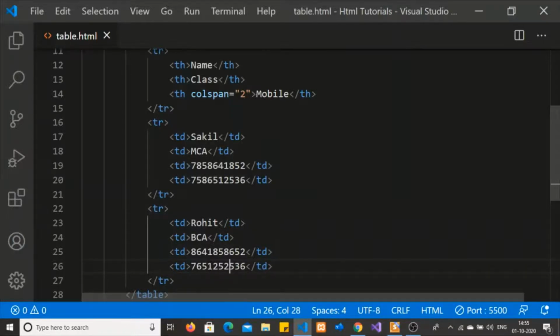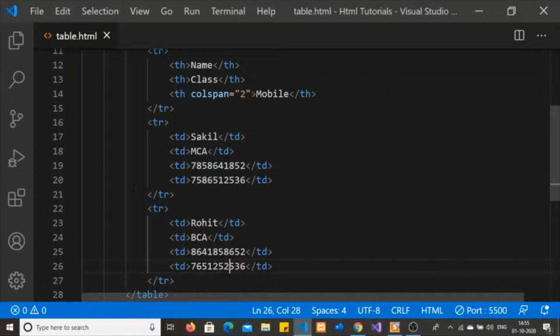Okay, I edited the value. Let's again have a look in the browser. Yeah, we have 2 records. The first column is for student name, second class, and the third column has the mobile number.